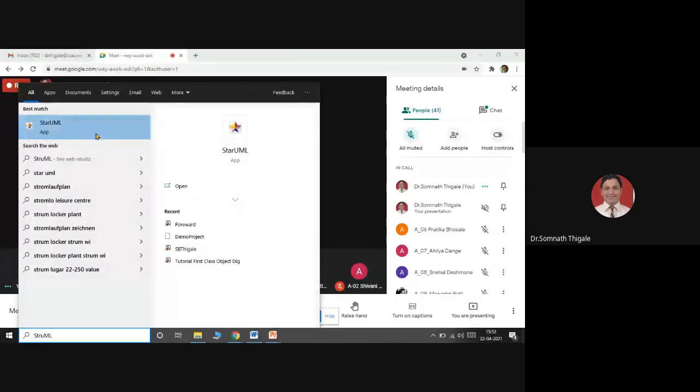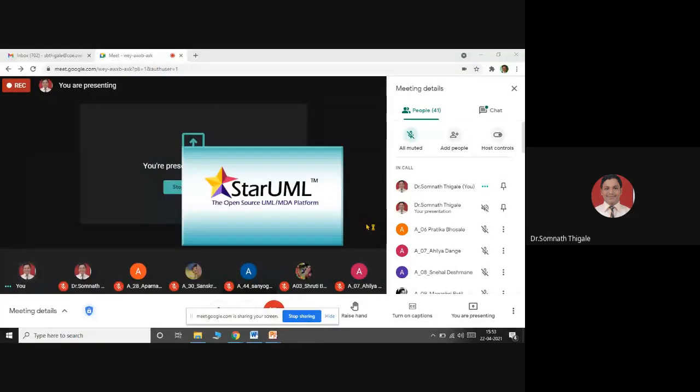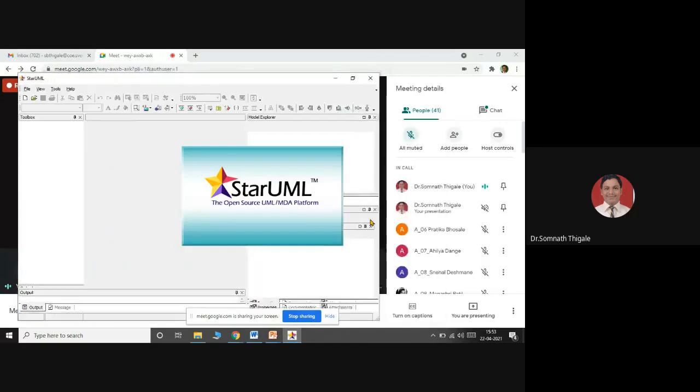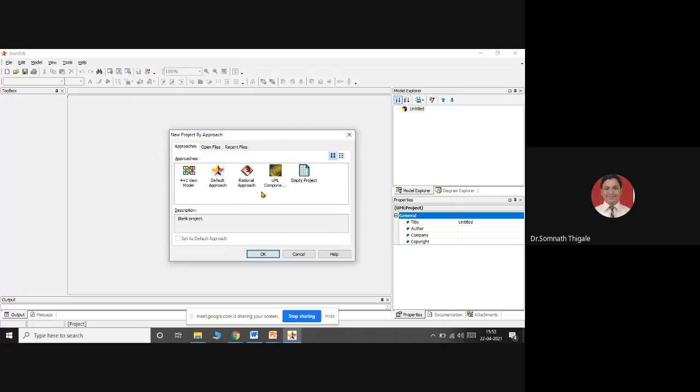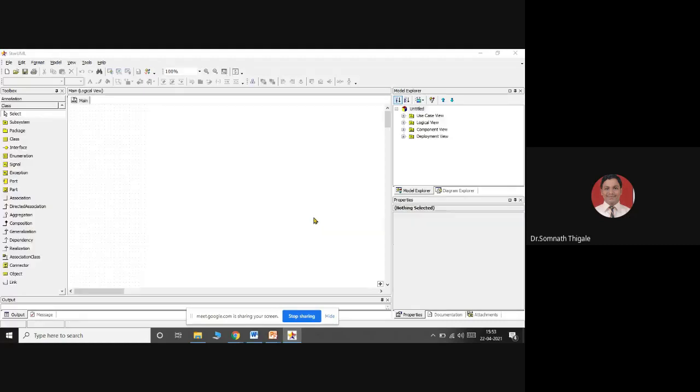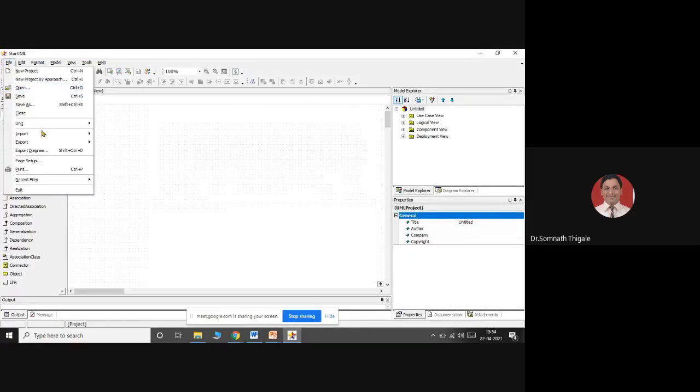I will create a small programming part for whatever we have discussed so far inside the class diagram. Open the project.